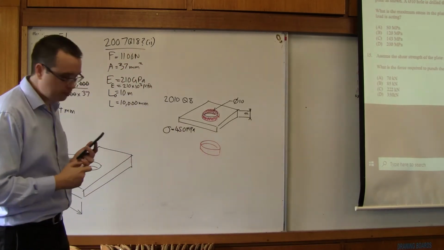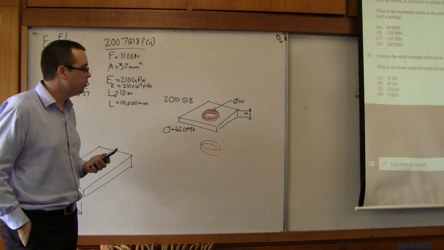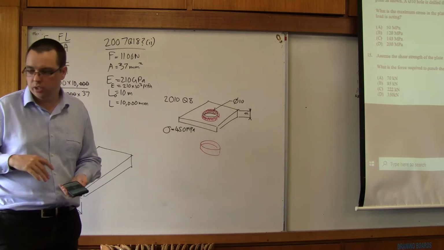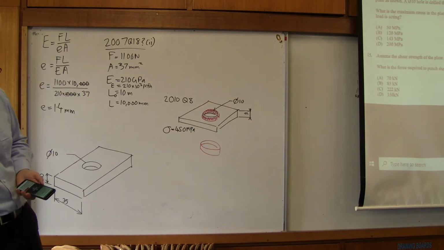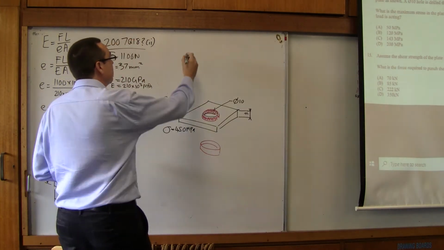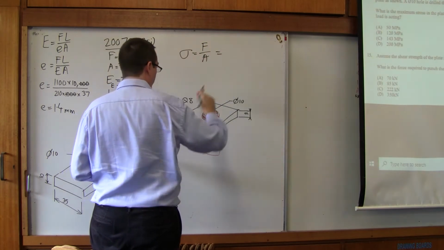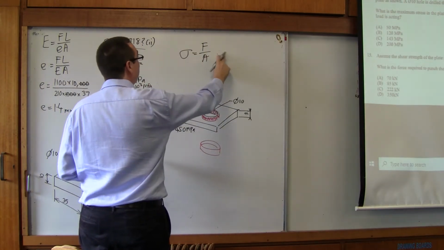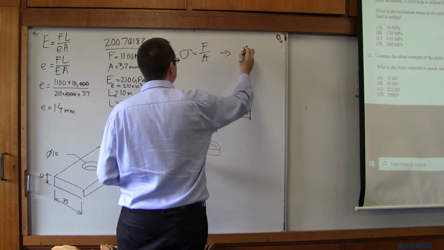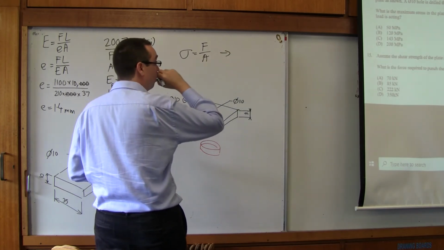And I like to think of that being like a ribbon. It's also similar to a cookie cutter. The idea is that we're not squashing the whole thing. What we're doing is we're cutting the edge, and so the area that is being used in this question is there. Now this isn't strictly FLeA because we're only interested in stress, but stress equals force over area. In this case, we're given the stress, so what we need to do is rewrite that, and we can swap those two around. What are we finding? We must be looking for,